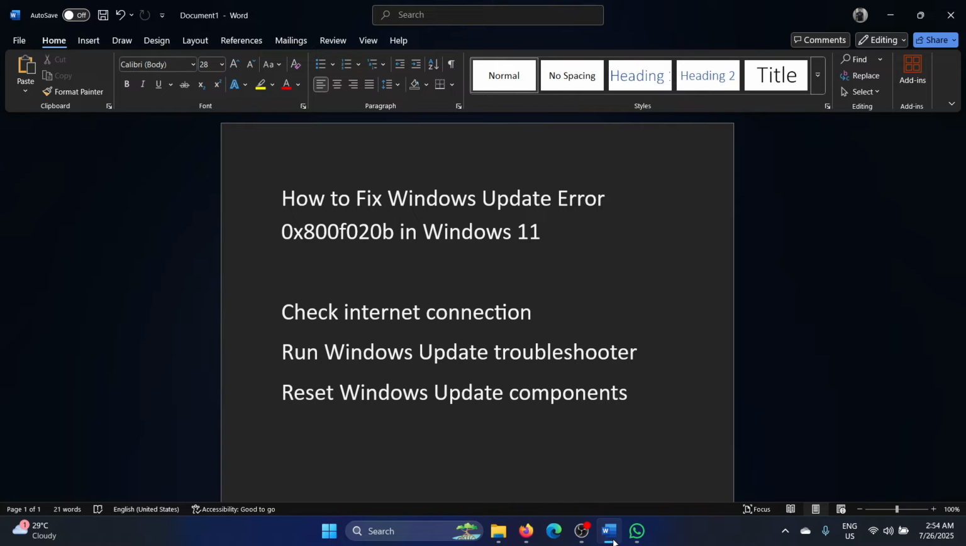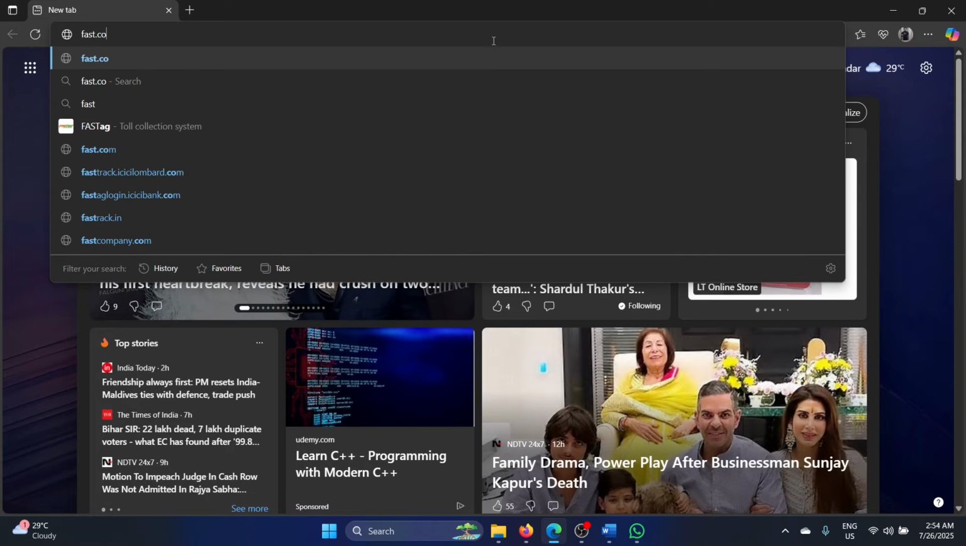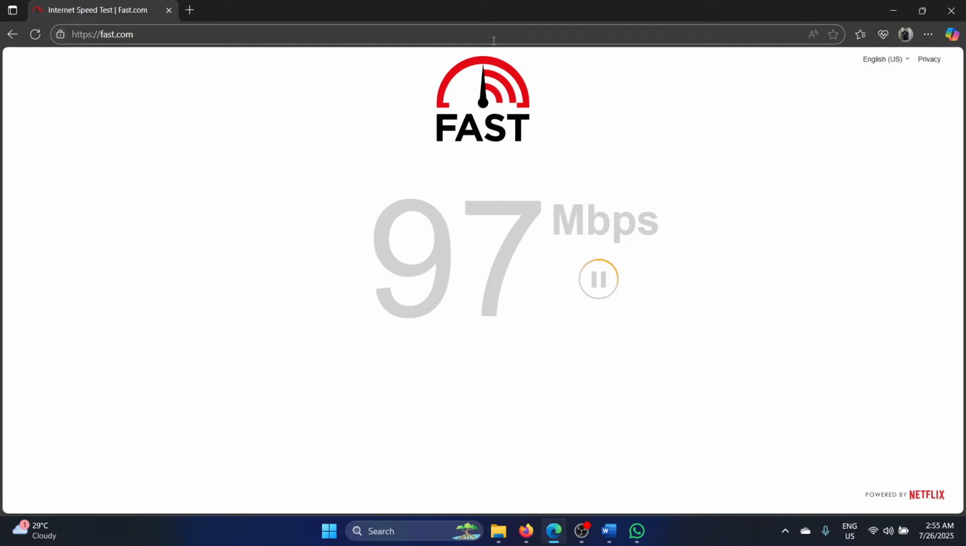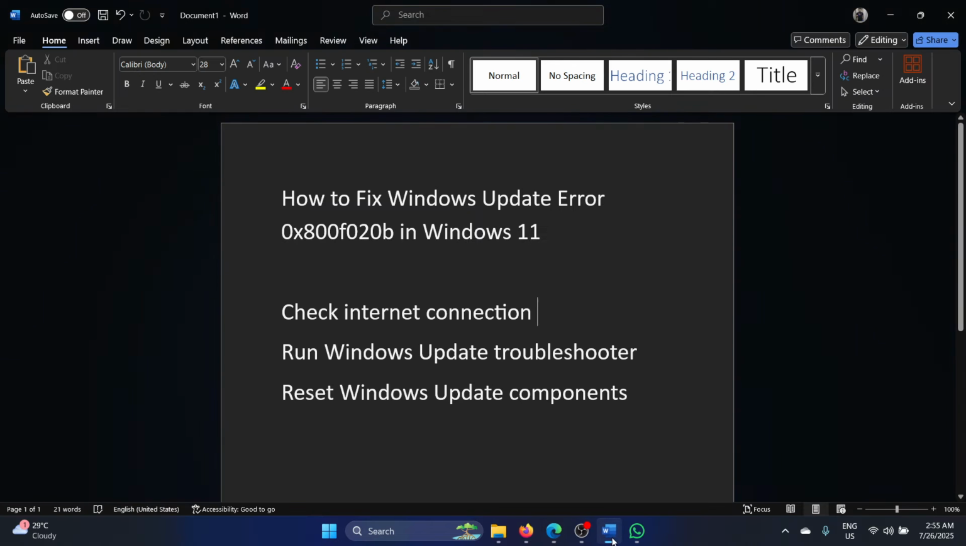So the first solution is to check the internet connection. And how would you do that? So go to this website fast.com and hit enter. Check the internet connection speed. Is it good enough? If yes, then move on to the next solution, which is to run the Windows Update